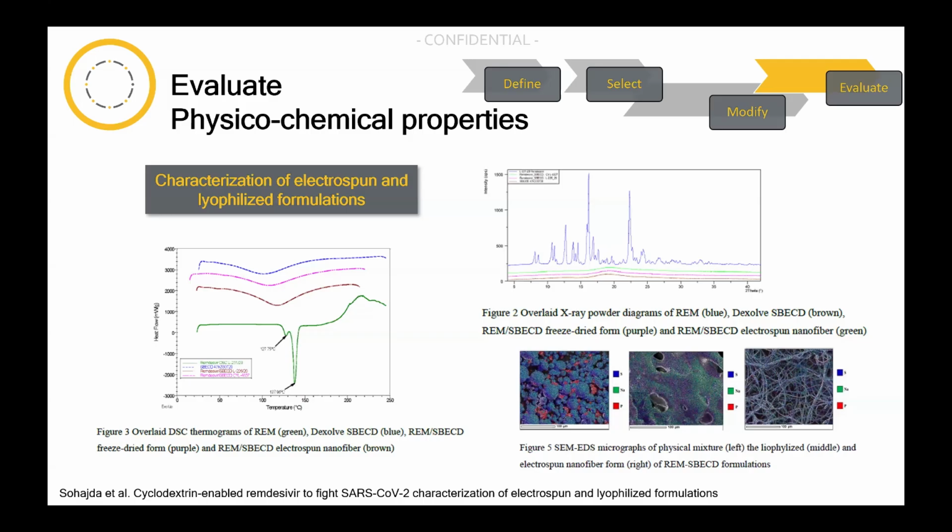Of course, the simplest one is that you measure the properties of the API alone, the cyclodextrin alone, and the complex. In the first graph, you can see the DSC thermogram of an API, where you can see the melting point, but using cyclodextrin and making a complex can diminish the melting point, and by that you can see that the formulation has